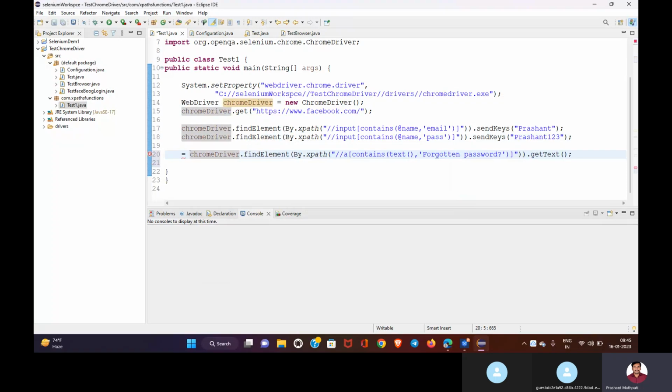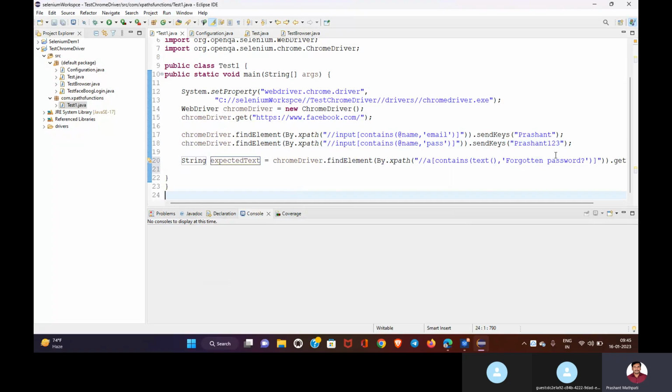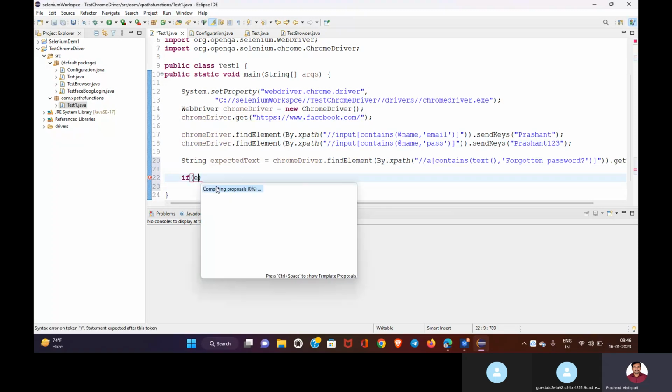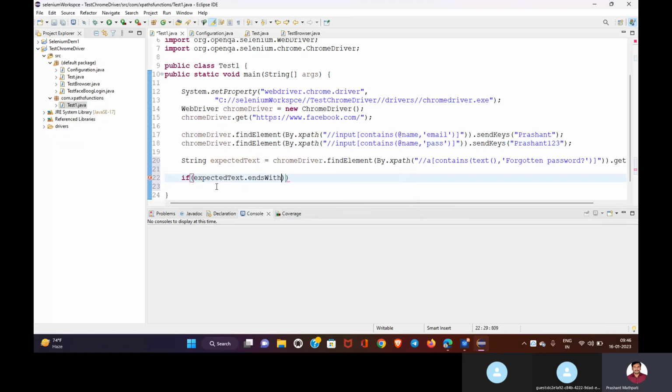So here get text, and always its return type should be in the form of a string. Now, how do you write a condition? The condition is if the text dot equals